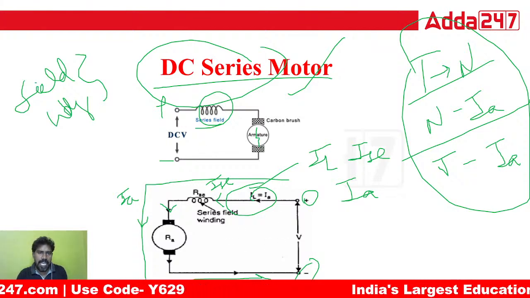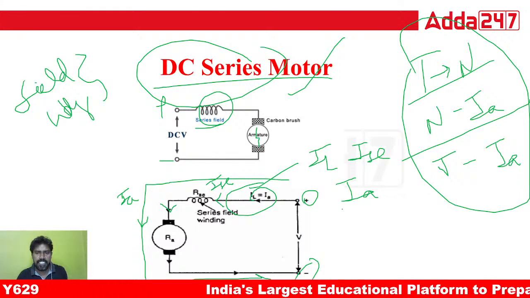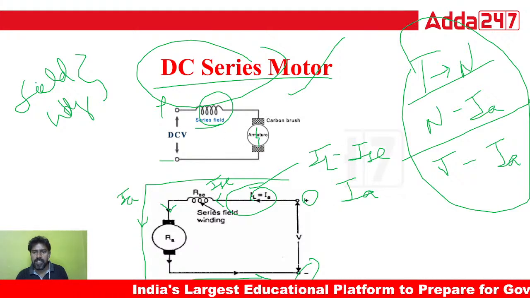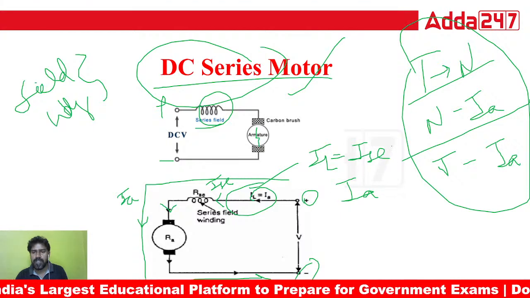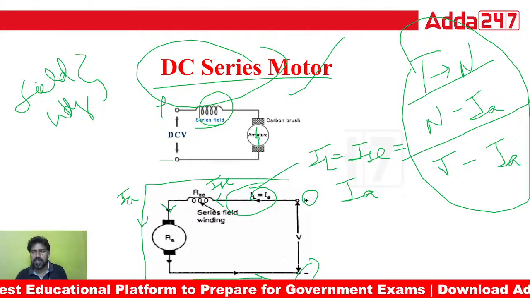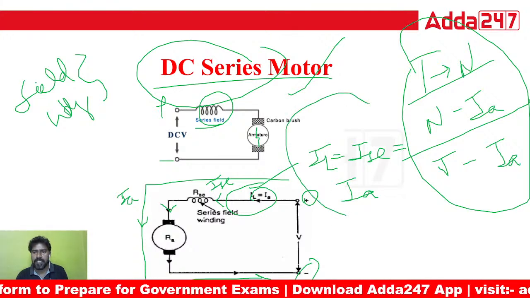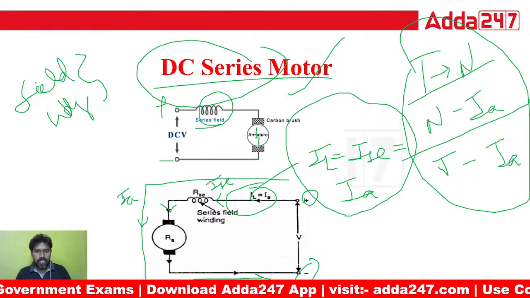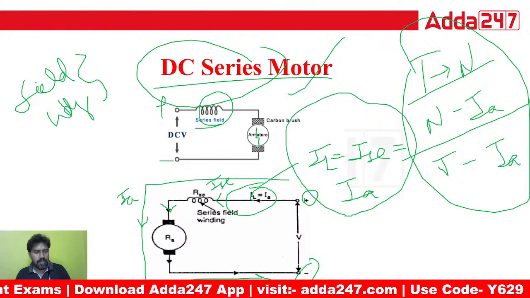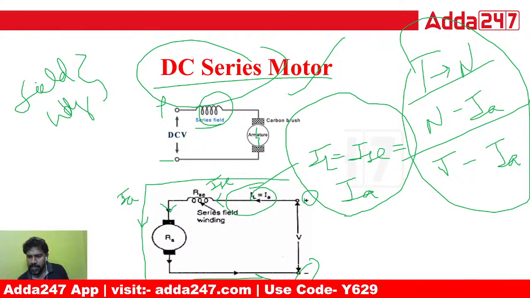But here, as per the classification, the field winding is connected in series with the armature. Current is always the same in a series circuit, so all these currents must be equal. The current delivered from the source must be equal to the